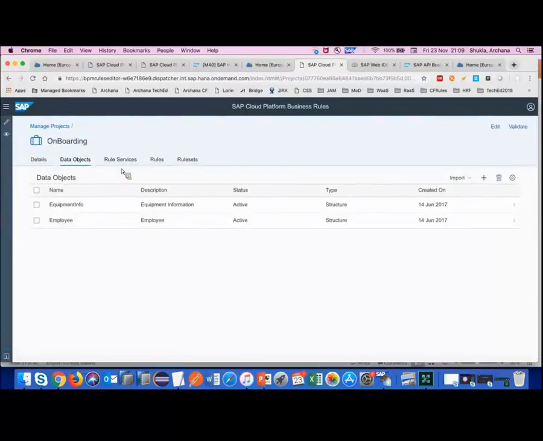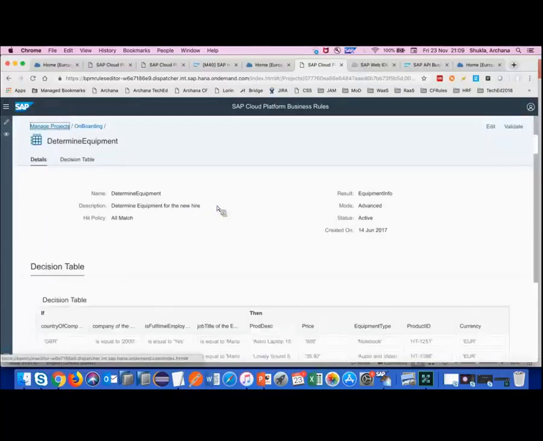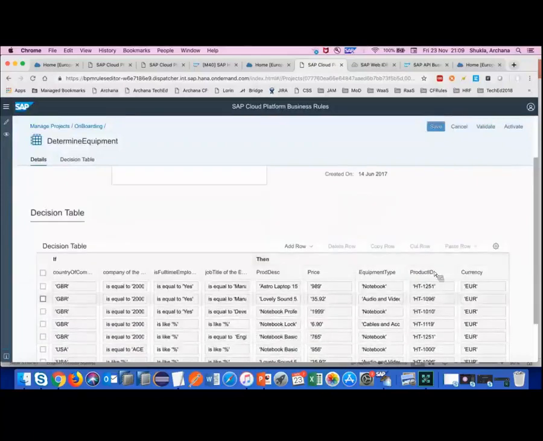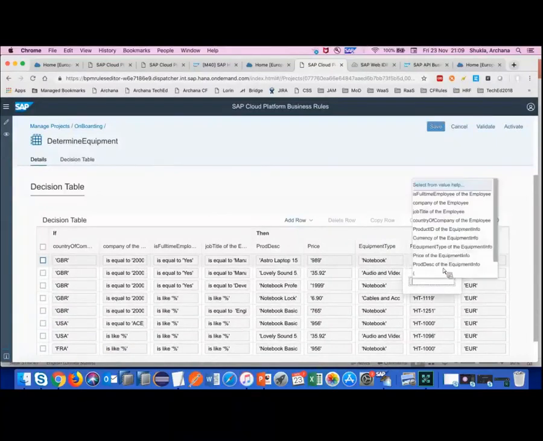Okay, so once you have defined the value help, the next thing is how it appears. So I'm going into a decision table based rule, and I'll put it into an edit mode. And if you see here, product ID was dynamic. So if you see here, I get that option. This option will be there only if you have defined a value help for this attribute. So when you click this,